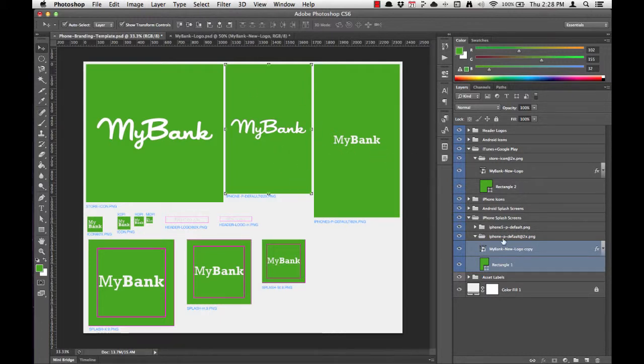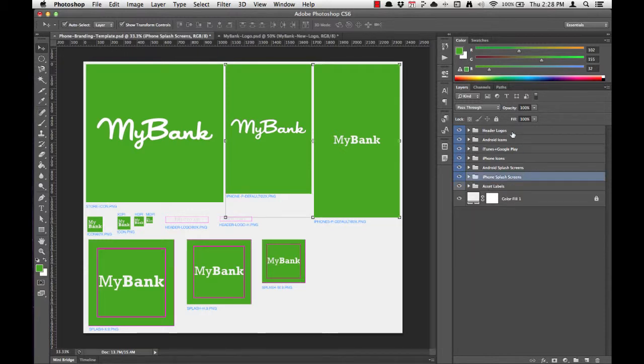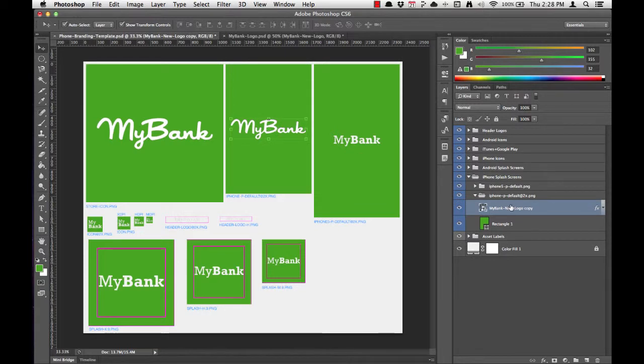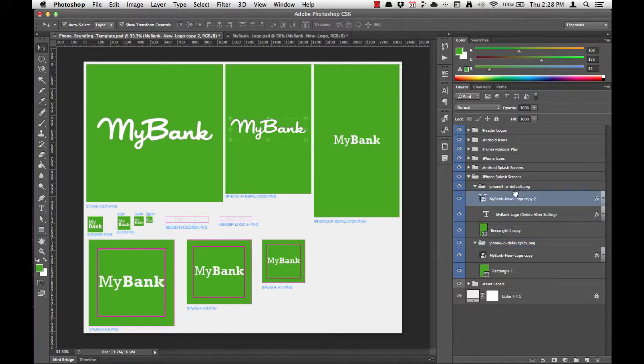Alright, so we finished the iPhone default, and now we'll just customize the iPhone 5. Periodically, it's nice to fold up the folders so that it keeps your layers list clean and easy to work with. So I'll duplicate my mBank logo using Command J. I'll select my iPhone 5 splash screen, and then I'll move my new copy into the correct folder, and I'll grab the copy in the work window and move it into place. I'll delete the old mBank logo,